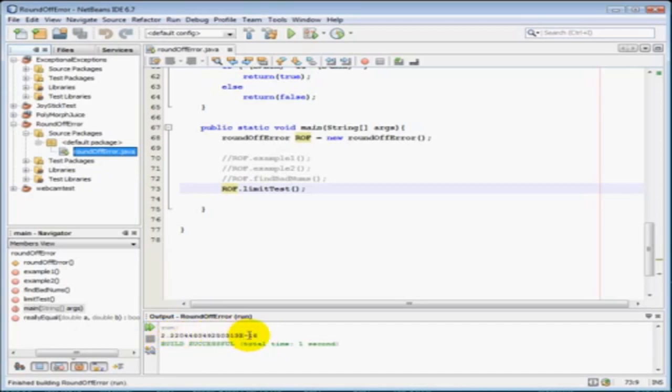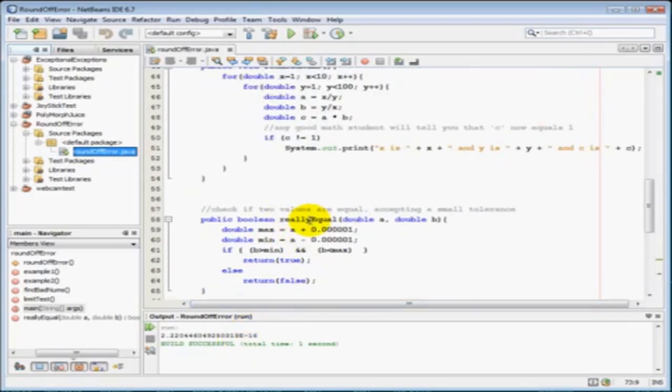Now that number is a special number. You can go check online and you're going to find out something. You probably can guess the answer, whether that's the real number or not the real number, and what the real number is supposed to be. So you can do a little Google search on that one. That's it. That's round off error. That's one way to take care of it. And I guess another way to take care of it, people have actually written classes specifically when